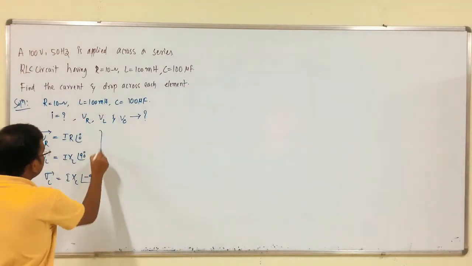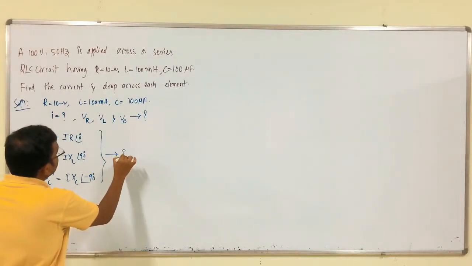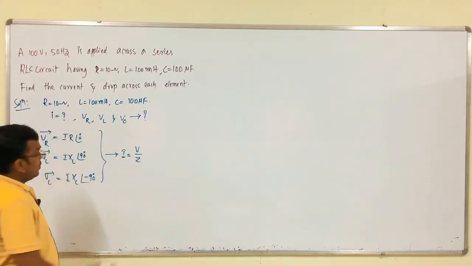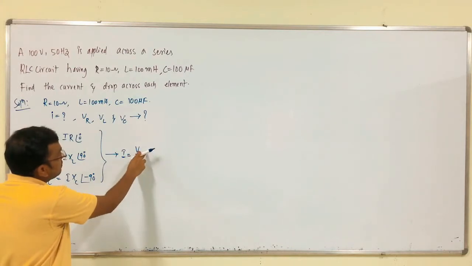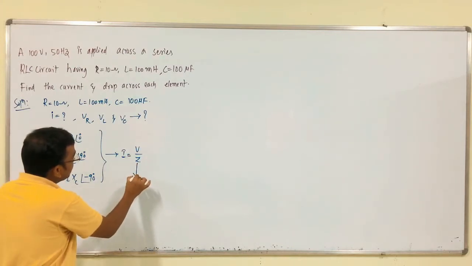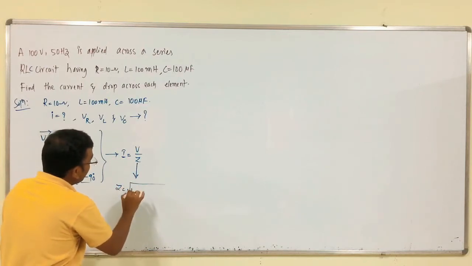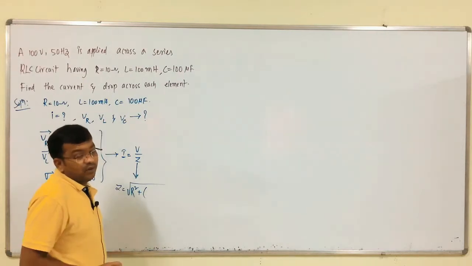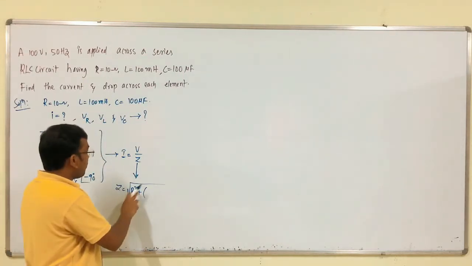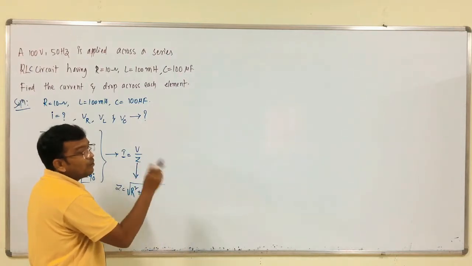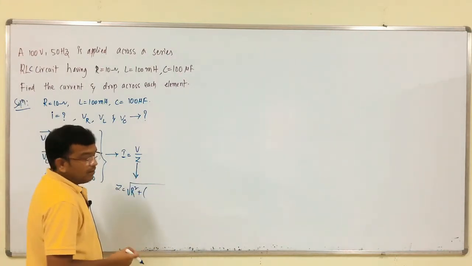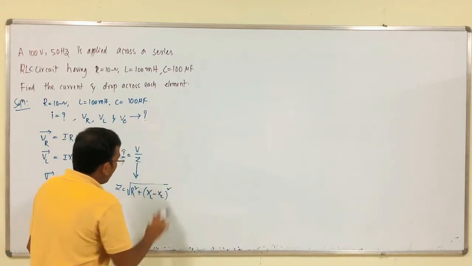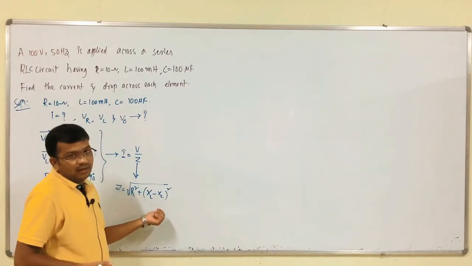So in order to get the current from this, I is equal to what? Simply it is V by Z, right? To get this current, what is the formula? I is equal to V by Z. To get this impedance, square root of R square plus, here it is a series RLC circuit, so we have three cases: square root of R square plus XL minus XC whole square or XC minus XL whole square. For first I would like to write XL minus XC whole square. After calculation of XL and XC, we have to change this.